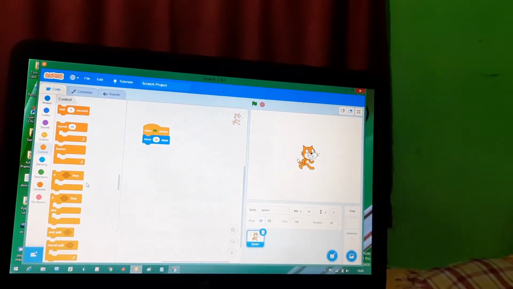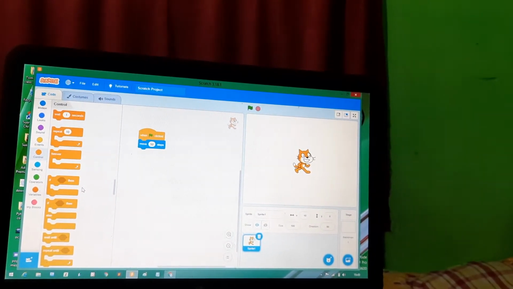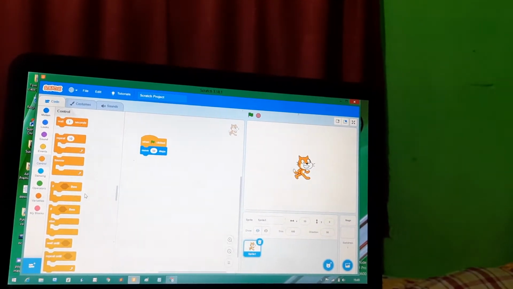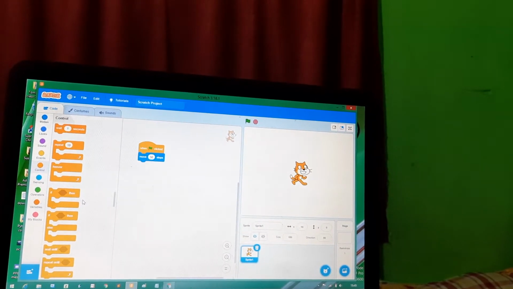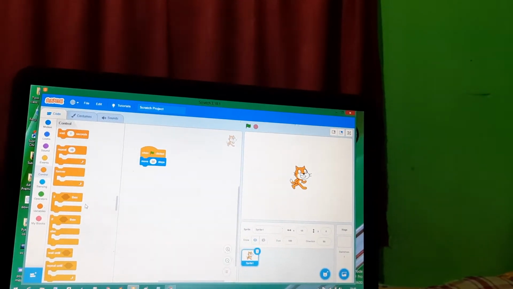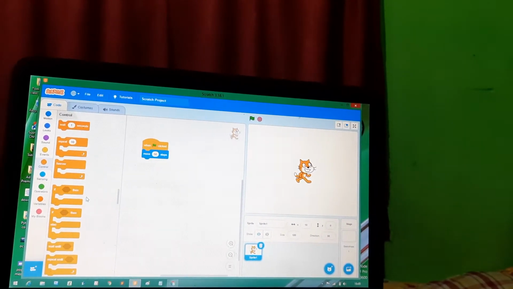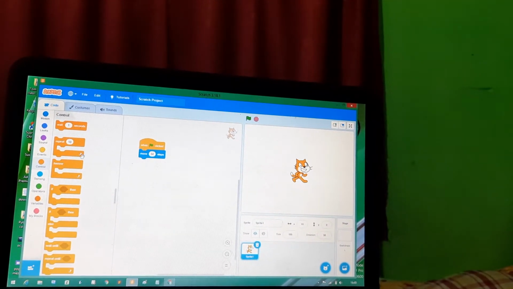Now the control block actually controls the normal flow of a program. It can go 50 steps. Now suppose it wants to go 200 steps, more steps. Every time you don't need to write here, you can use the repeat block.